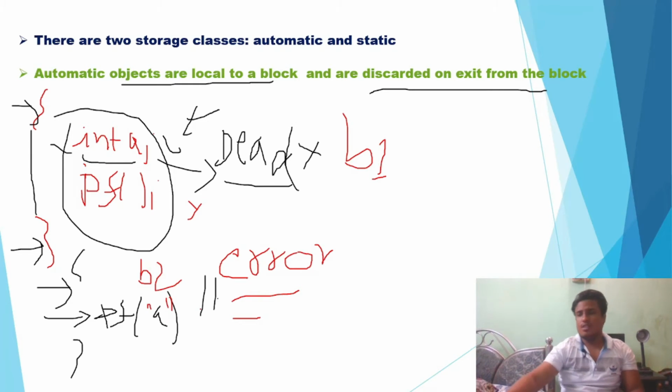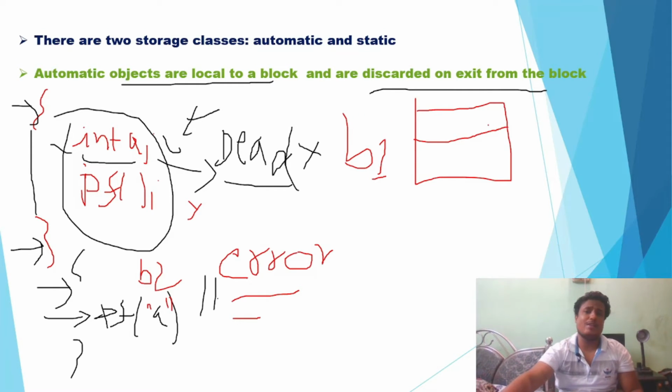So why does this happen? It is because automatic objects are actually local variables, which we will discuss in C++ and Java. Some of you, if you have a background in them, already know this. So local variables are actually stored in the stack I have told you about. So whenever this block is executed and we come out of it, we are just popping out this block, and another block comes in.